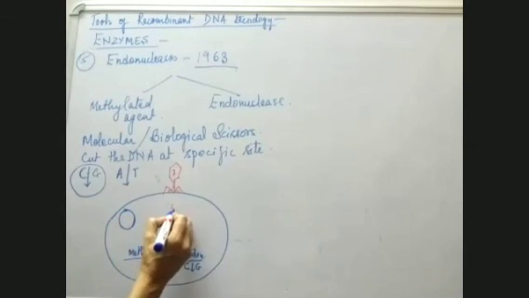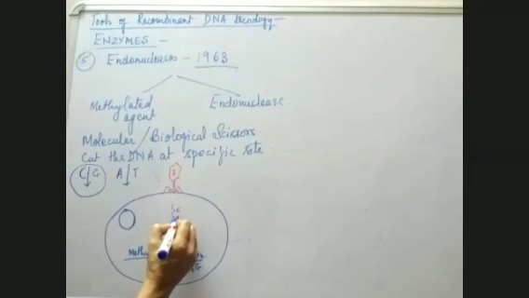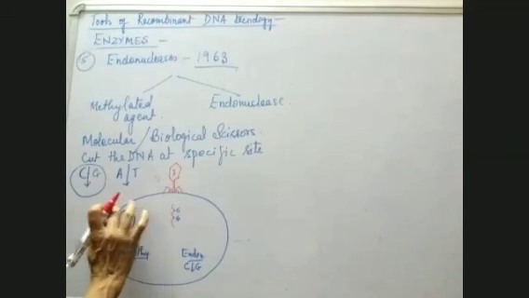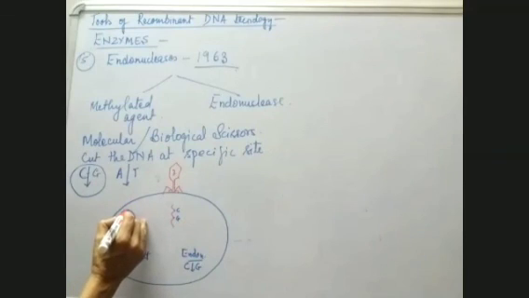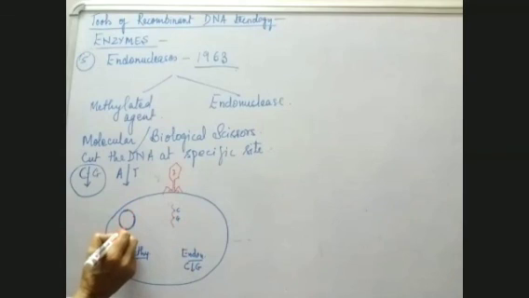Suppose it has C here and G here. The same C and G, cytosine and guanine, is also present in the bacterial DNA. I'll make it with another color so that you are able to see it. Because the nitrogenous bases are the same, the nitrogenous base is present here also. That means the nitrogenous base is